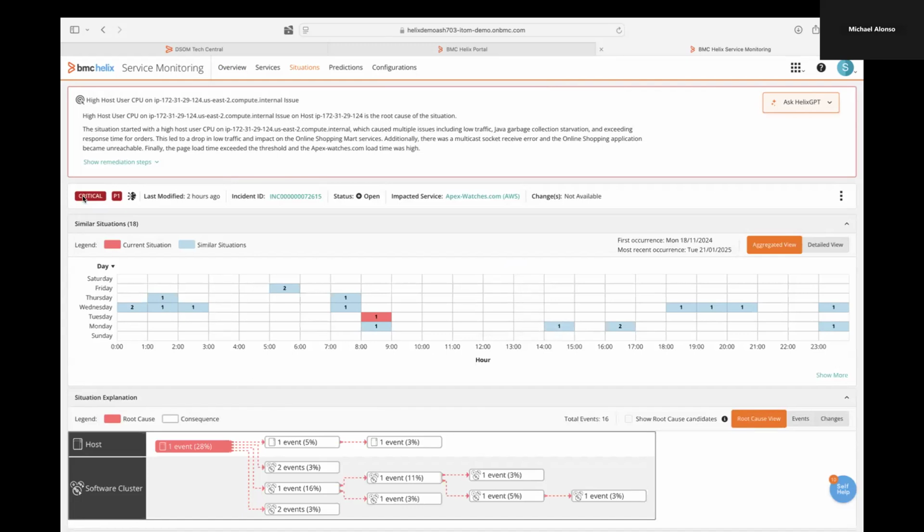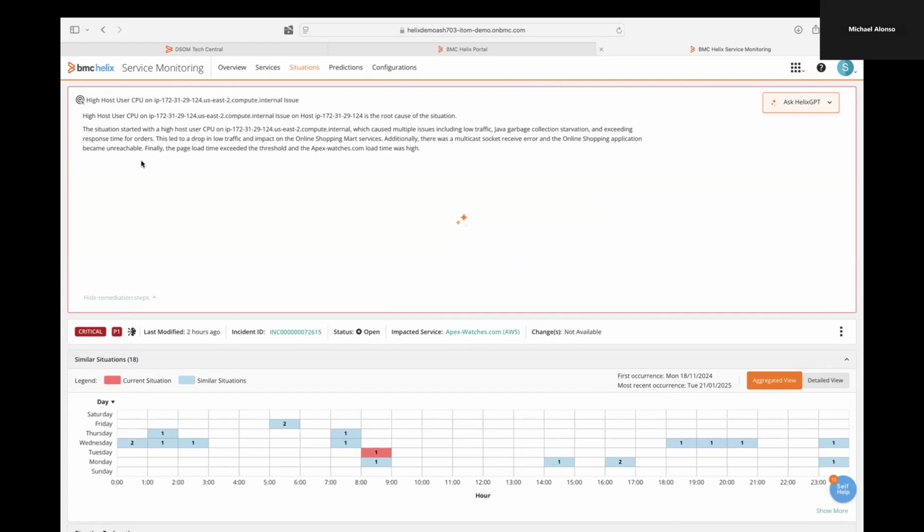So the first thing it does is we have our AI. Our GPT has kicked in and given you a real language summary of what has happened in this environment. You're going to see a couple ways of looking at this. So here's exactly, in plain English, not technical mumbo jumbo, what's happening in your environment right now. Then it says, hey, we have some remediation steps. Now, these remediation steps are being generated by AI. That's why it's taking a second here. That's our little icon while the system's thinking. And then it's going to give us the ability to go through and generate some remediations.